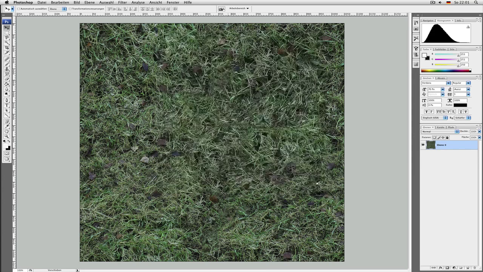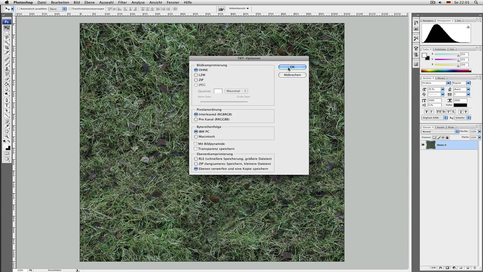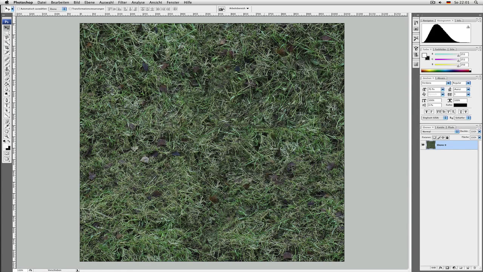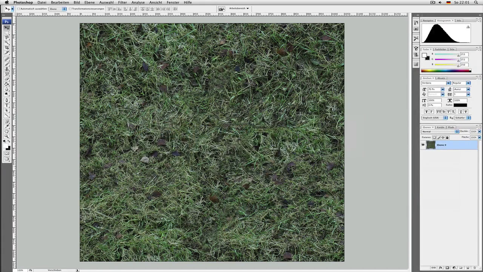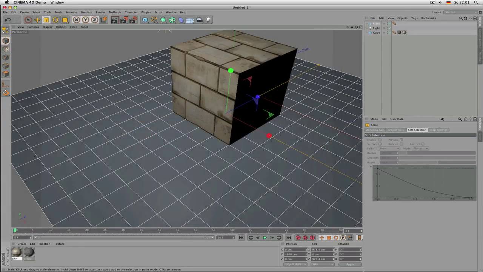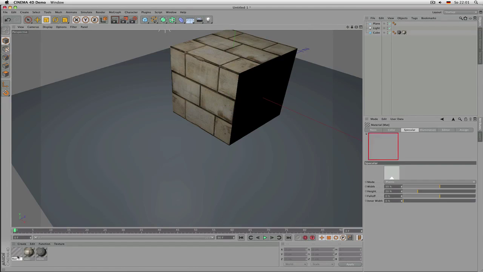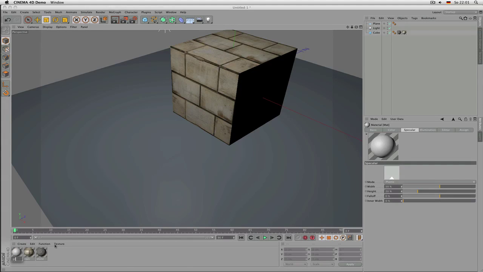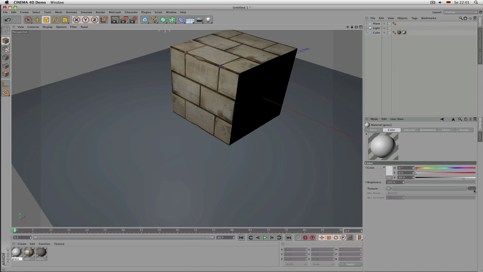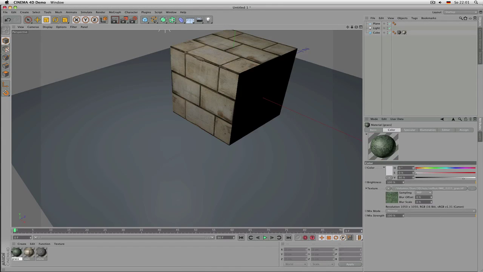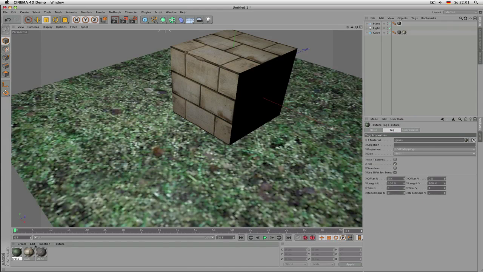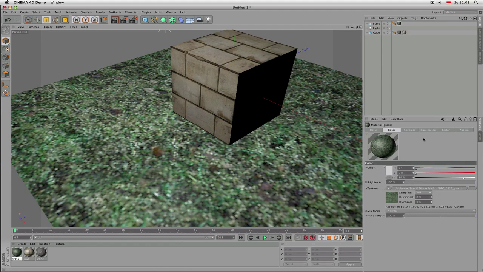and then I put it in my tutorial files, sorry. So let's have a look at how it works. This time we don't have a bump map or a specular map created, but we'll see anyway how it looks. I go to grass and just pick the grass texture here in my new material, put it on there,